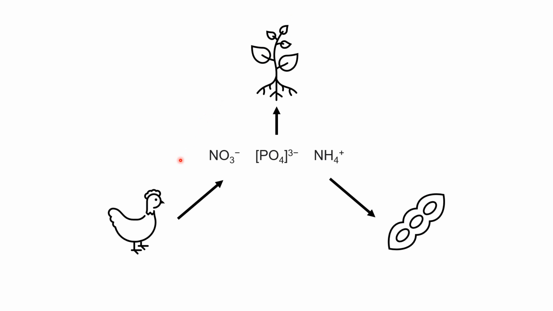So overall, the idea here is that we take animal waste, in this case poultry litter biochars, and they will slowly release nutrients. Here we have nitrates, phosphates, and ammonium, which is what we're going to focus on in this study. And then the plants can use those nutrients, and whatever nutrients they don't use, the excesses would be absorbed by lignocellulosic biochars.